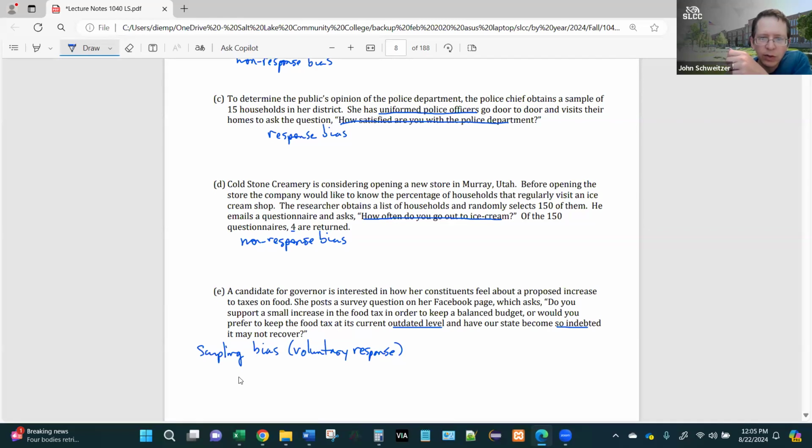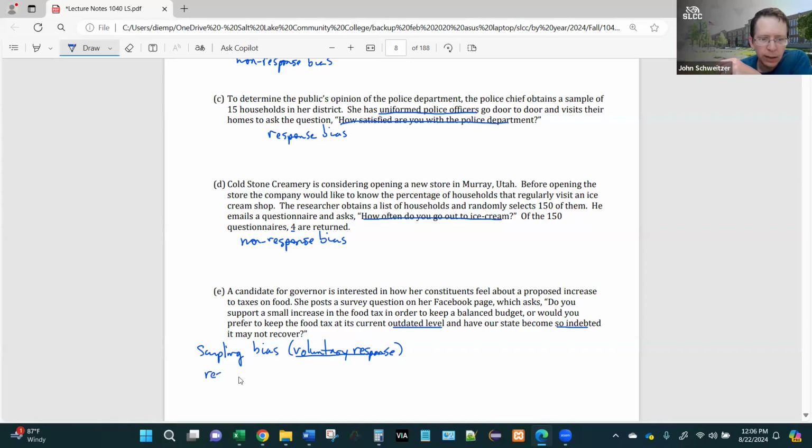Who goes to the governor's Facebook page? Well, typically people who are really interested in state level politics, right? And so probably most of the people there are fans of the governor. So they would tend to be on the same page as the governor. You'd probably get a few people who are strongly opposed to the governor visiting the web page, but the vast majority of people, who are maybe in the middle or uninterested, aren't going to be at that particular Facebook page, right? So this is a voluntary response, and it's leading to a kind of sampling bias, okay,